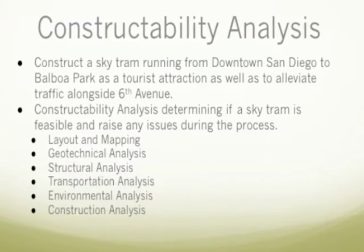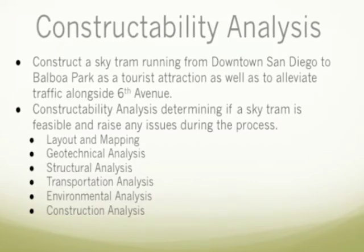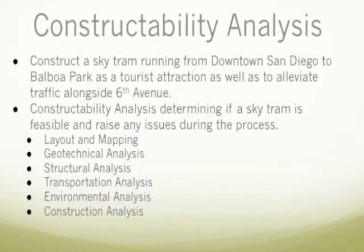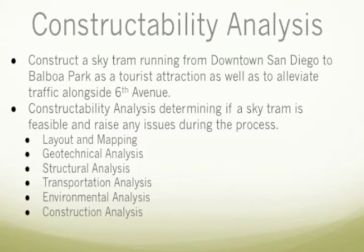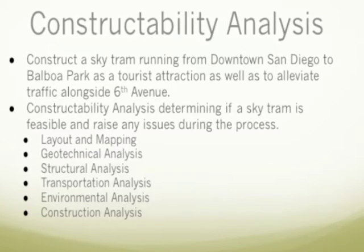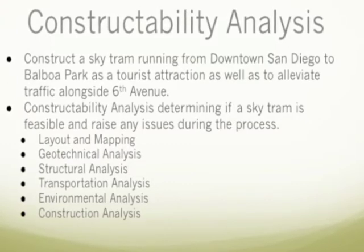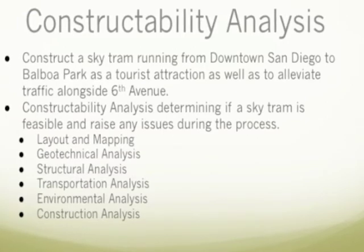The following disciplines were taken into account: layout and mapping to determine the best locations for the columns and the landing sites, geotechnical analysis to provide reports and directions on the existing soil conditions, a structural analysis to provide preliminary studies and recommendations on the foundation and column designs, a transportation analysis to assess the current traffic flow and determine the effects of the SkyTram, an environmental analysis to provide an environmental impact report and advise of any mitigations that must be followed during construction, as well as a constructability analysis to determine the overall cost and duration of the